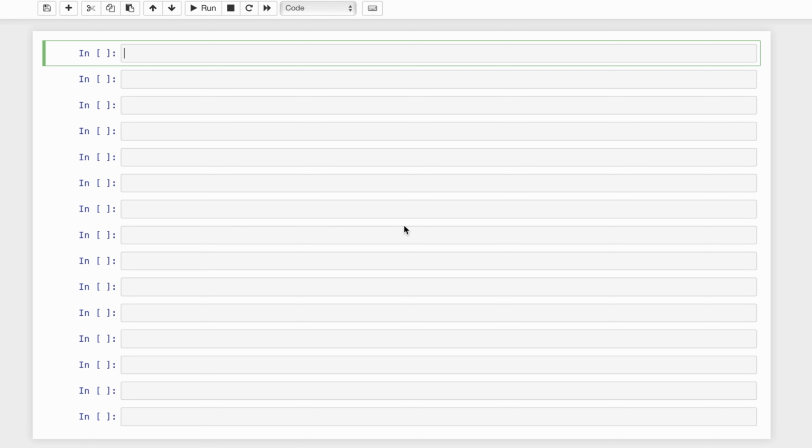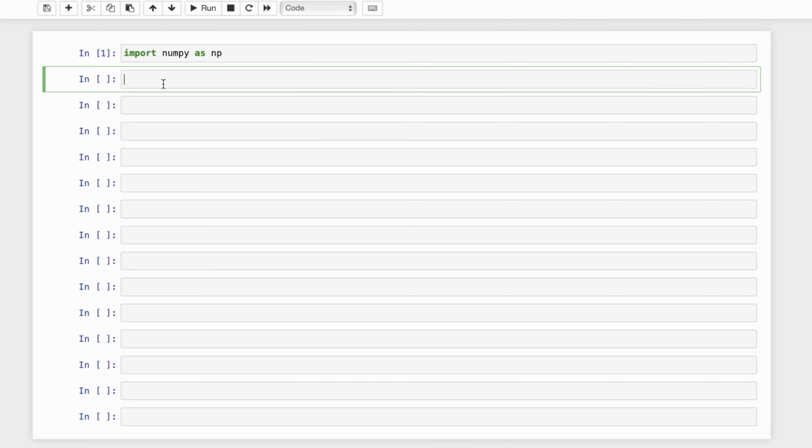So let's begin by importing the Numpy library into our code by typing import numpy as np. Now let's quickly create a Numpy array, and for that I'm going to type np.arange, and let's make a 15 element array starting from 0. So maybe just give it 15, and then let us reshape this into maybe a 3 by 5